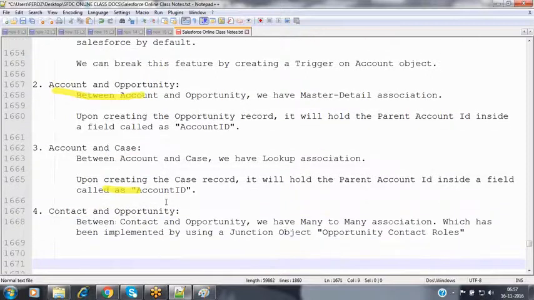Opportunity contact roles is a junction object between the contact and opportunity objects.